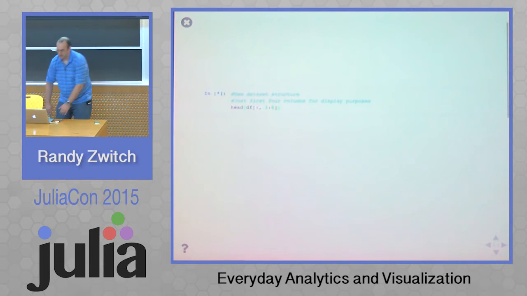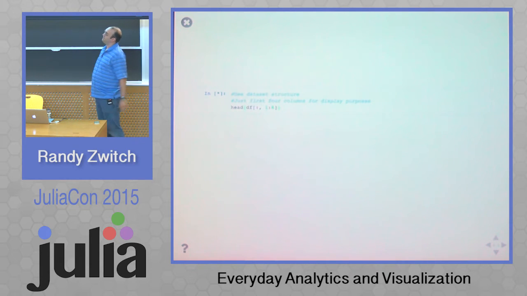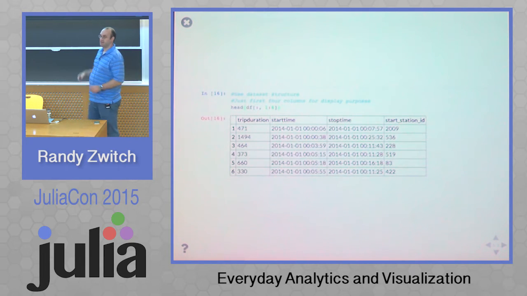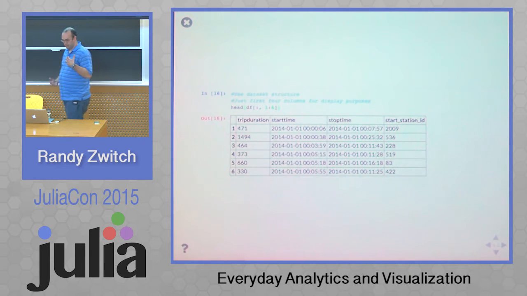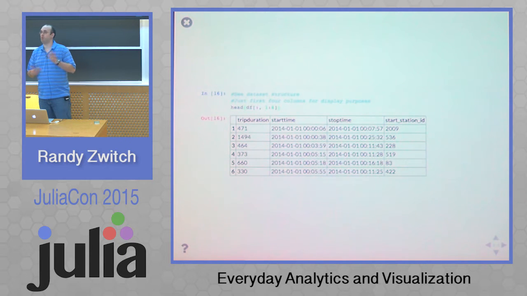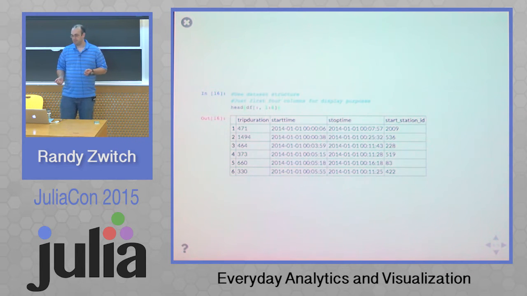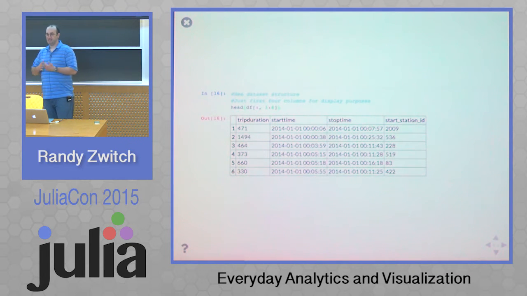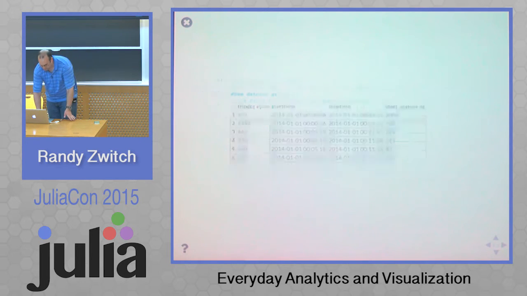Now, because there's 15 columns, it really doesn't fit well on the slide. So I was just going to, here using the head function, we can see just partially what our data looks like. We have the trip duration, which is in seconds. We have the start time and end time, the station ID, and again, there's 11 other attributes that go along with this data set.